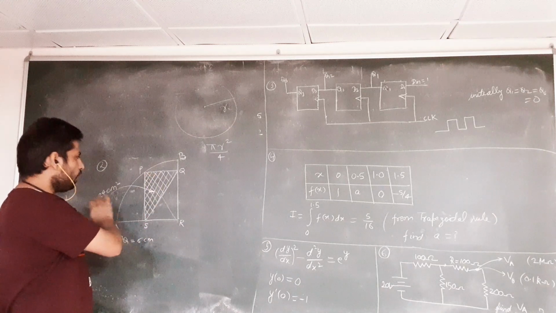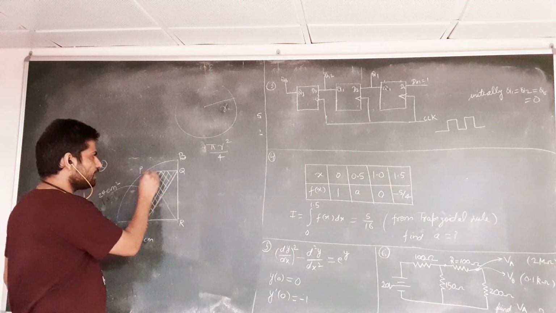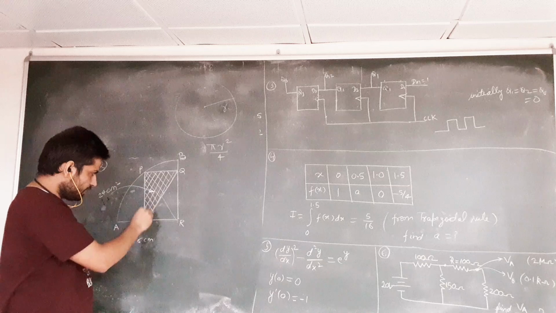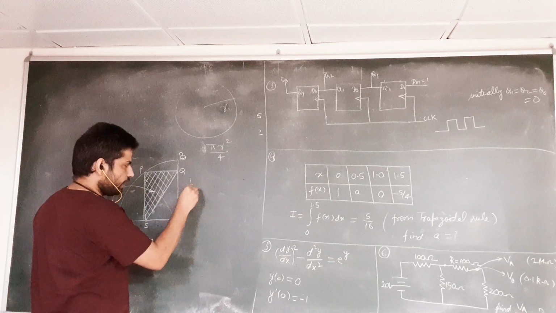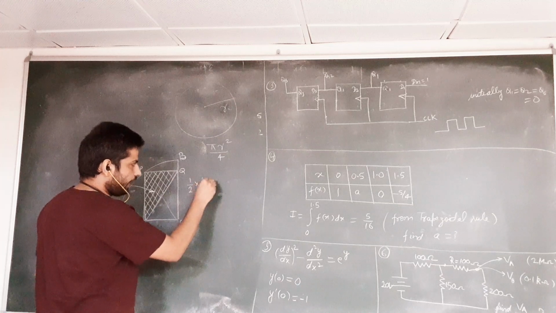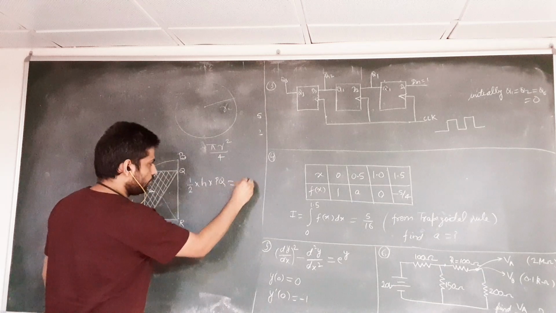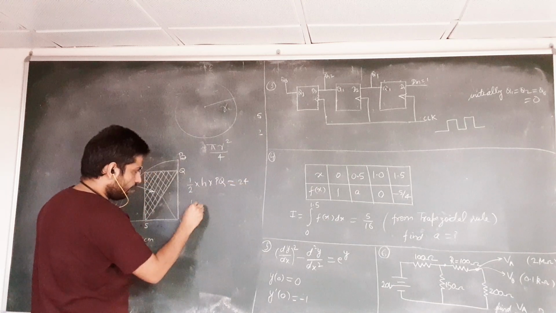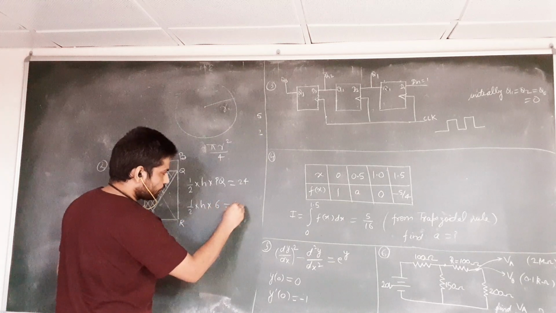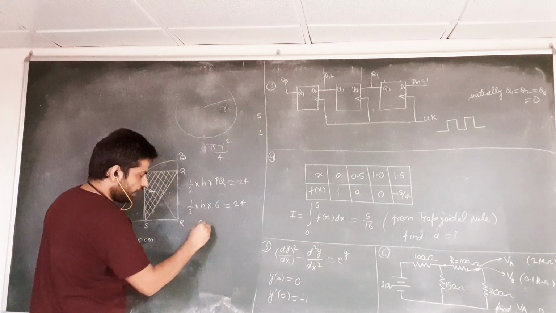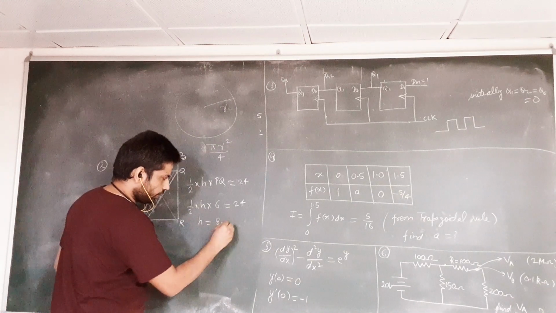We know that the area of this triangle PQS is given as 24. And what will be this area? This area will be PQ times this PS, that is the height of the triangle, times half. So the area of the triangle is half times height times the base, that is PQ, and it is given as 24. So we can write half times h times PQ, that is 6, equals 24. So the height of this triangle will be 8 centimeter.